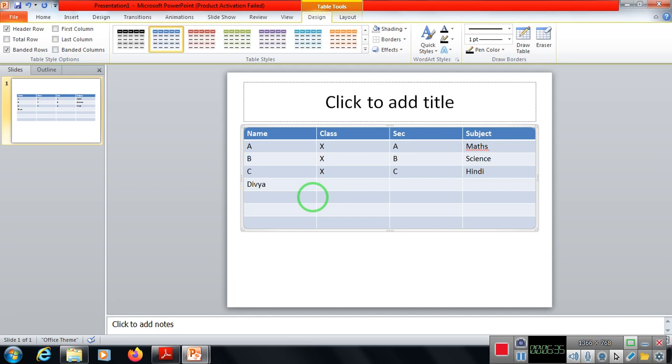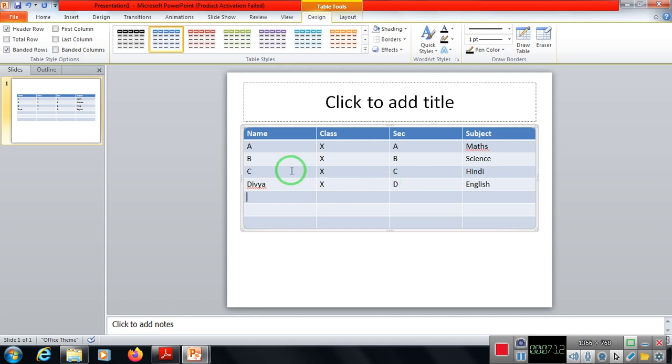Proper case, that means the first letter of first word should be capitalized. Okay, this is known as a proper case. So in the case of tables, automatically things are converted into a proper case. Now again I am giving you an example. If suppose I write only small x, now as soon as I move from this particular cell, automatically it converts into a capital letter. Small d, again Hindi, then English, converting to English. Is that clear?